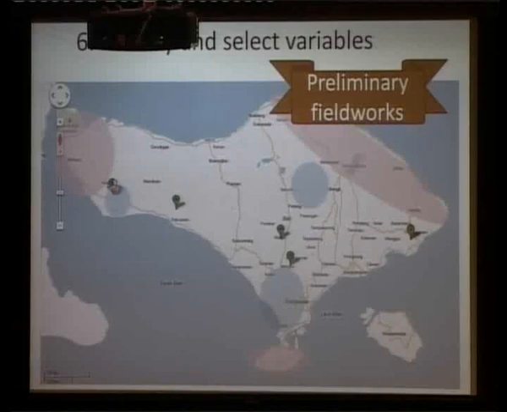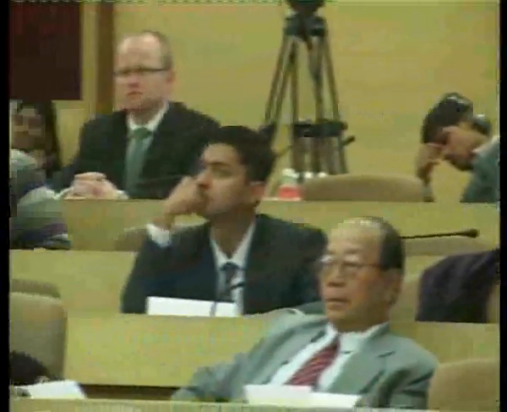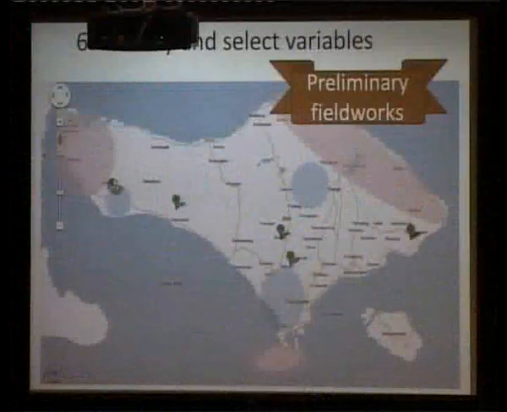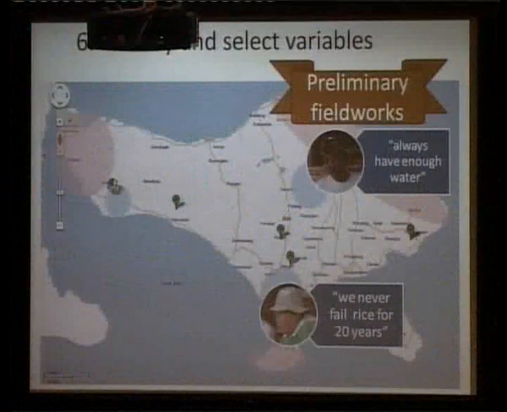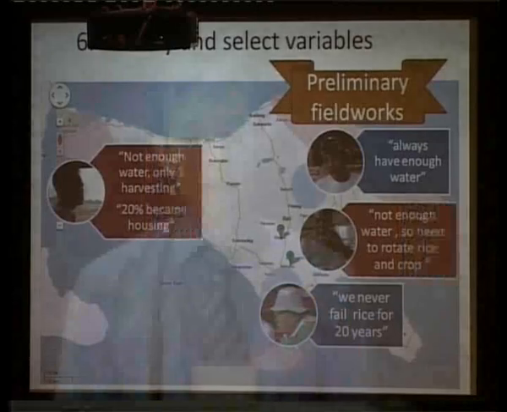Then identify select variable. We did primary field work with farmers. So the red area is drying area. This area is getting dry, and the blue area is getting wet. So when I interviewed in this blue area, some farmers said, we already have enough water, so no problem. And the other guy said, we never fail rice for the last 20 years. Then red area people said,